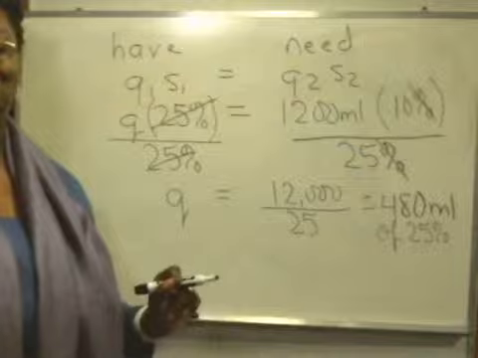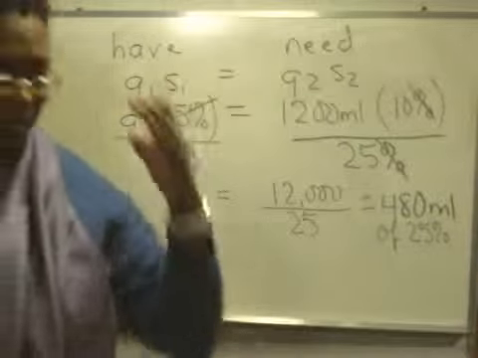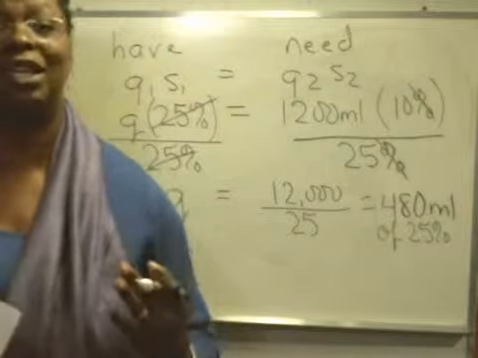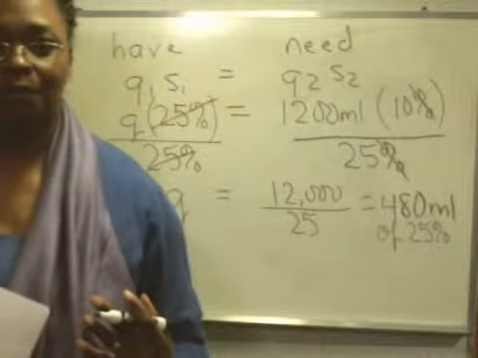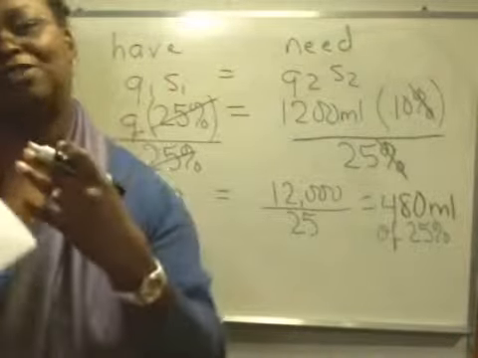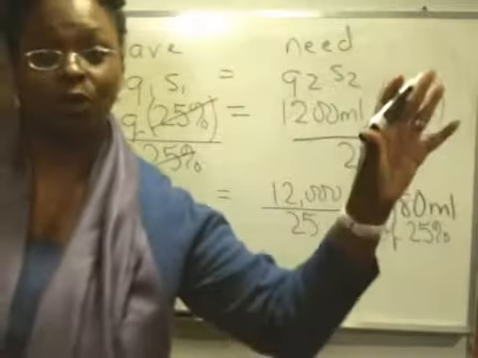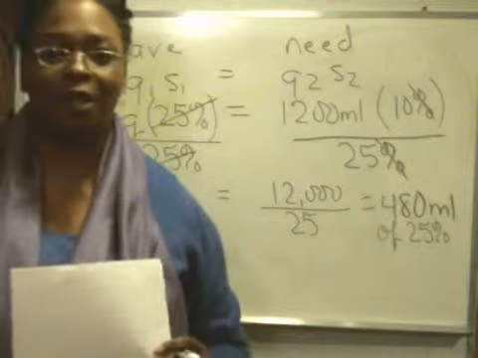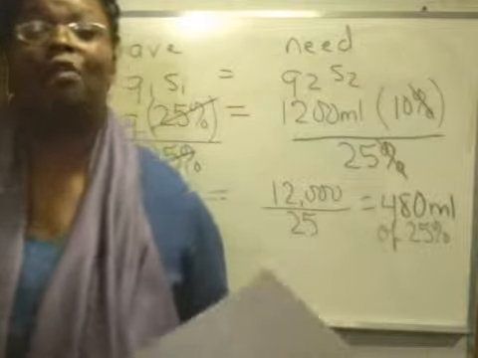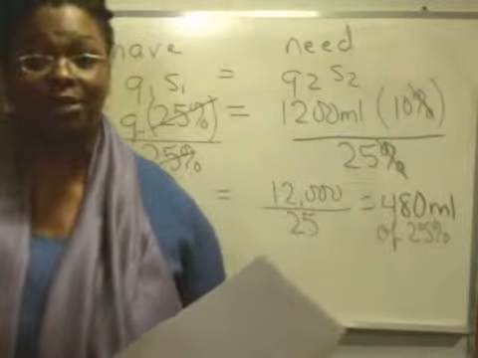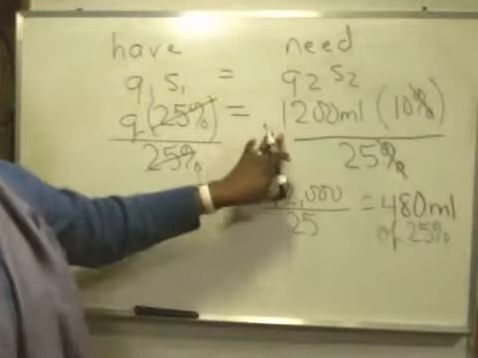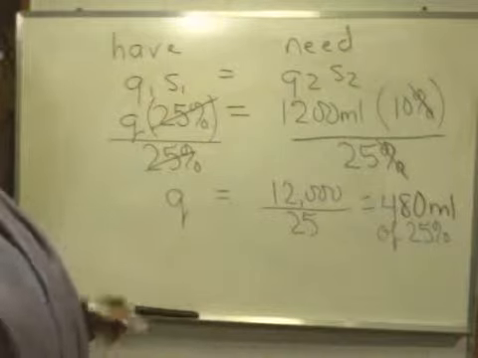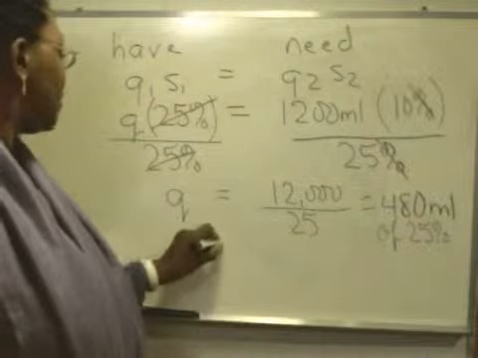So the way that I do that is, let's think about this for a second, because if I know that I have two ingredients that make something up, all right? If I know the value of my total and I know the value of one of those ingredients, can I find the other one? Of course I can. And the way that I would do that would be by subtraction. So I take my total amount. What I'm going to end up with is 1,200 milliliters, right? So I say 1,200 milliliters